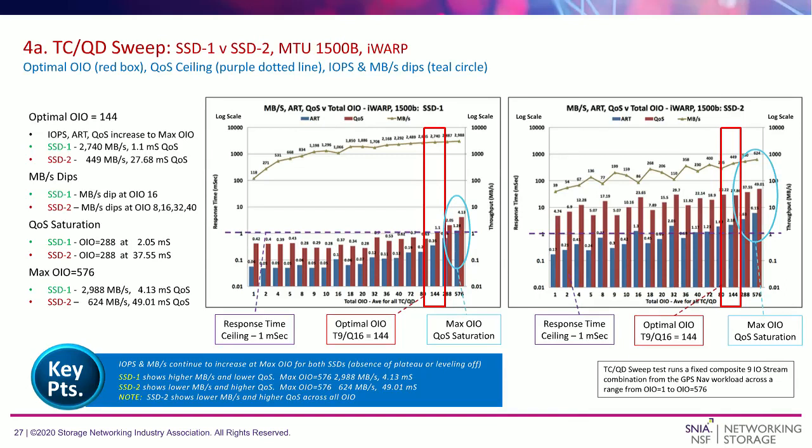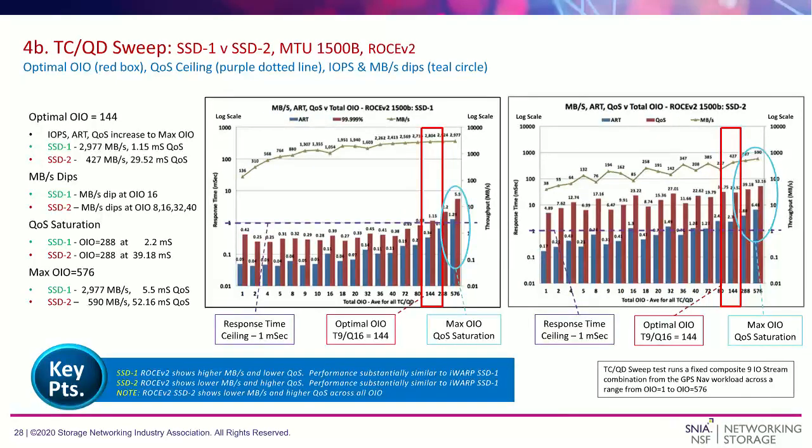So this is iWARP. If we look at the next slide, we're going to be looking at RoCE, and it's going to look substantially similar. So here, with RoCE, again, you can see that for the SSD1 high performance, we go from 136 to 2900, almost 3000. The red bars stay below that 1 millisecond line nicely until you get to 288, 576. And the cost of adding 200 megabytes per second is going from a response time of 1.15 milliseconds to 5.5,